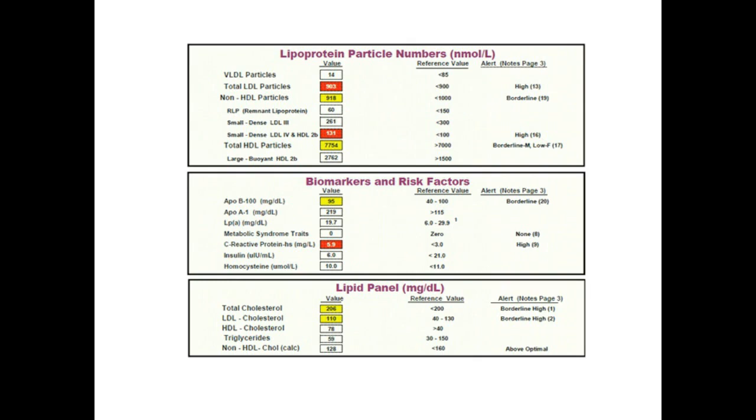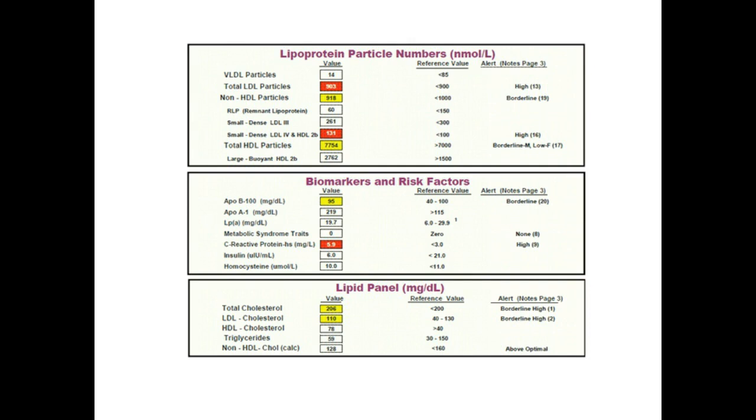So this is the bottom portion of that one box that I was showing you. And once again, this is the part that breaks this out. You can see the ones highlighted in red, of course, are the ones that are significantly elevated. The ones in yellow are borderline elevated, as it states over here on the right-hand side. Now, the total HDL is a little different. This is the one that you want to be elevated, because these are your protective particles, as you know, and you can see that this is